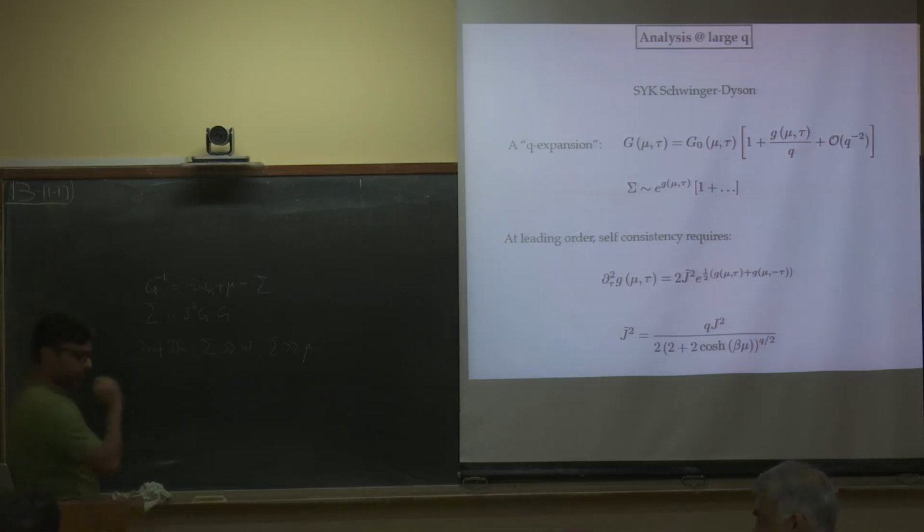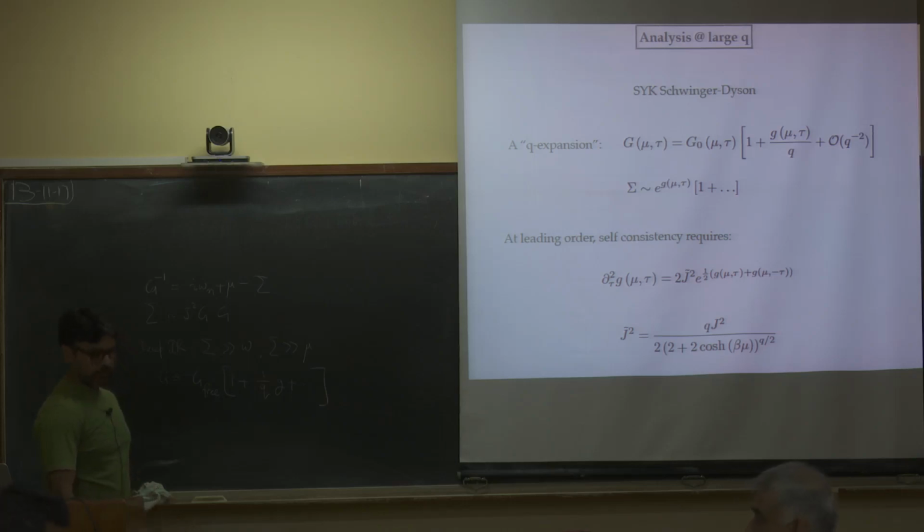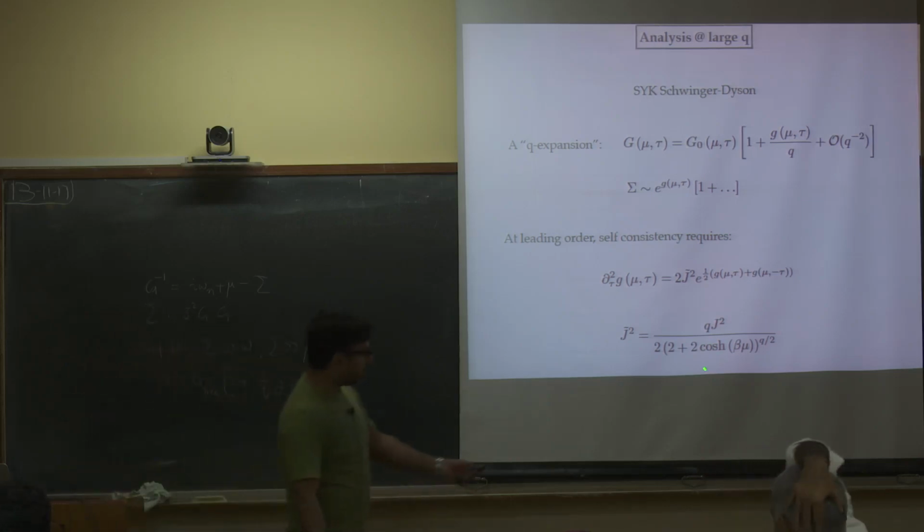No. So in the solution I'm interested in, what I'm saying is I'm not dropping any of this. What I'm merely doing is saying that G is G free, 1 plus 1 over Q. I understand. But suppose I go to the deep IR of the solution you're interested in, then does this happen? Then omega and mu are both dropped. Yes, that is right. Okay, then I'm sorry, I misunderstood. Because your mu shows up, but here taking the deep IR limit somehow we have to be setting this to be 0.